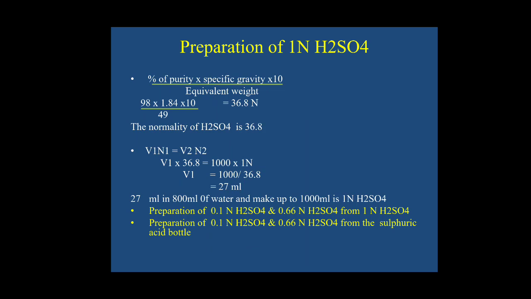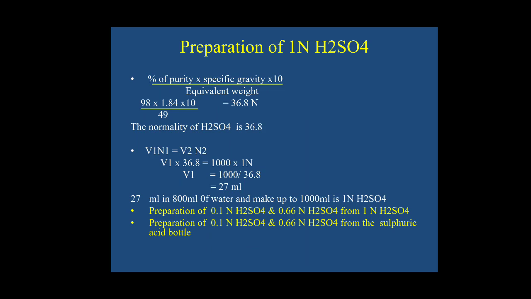So after substituting everything, we get 36.8 normal. So the normality of that existing sulfuric acid is 36.8. That will become our N1. Then if we want 1000 ml of 1 normal H2SO4, V1 into N1 is equal to V2 N2. So putting everything in this formula, we get 27 ml. So 27 ml of sulfuric acid made up to 1000 ml